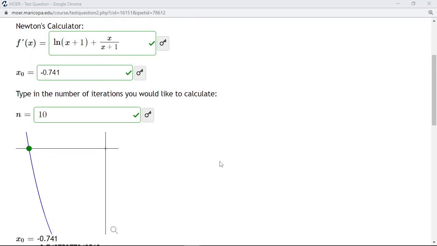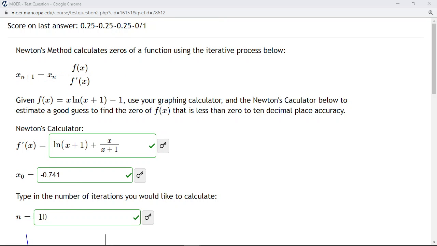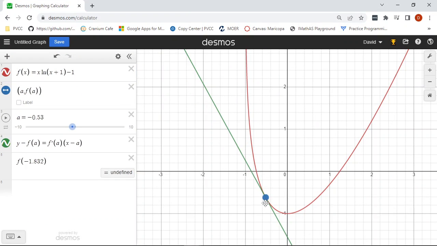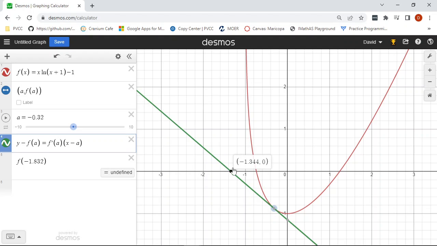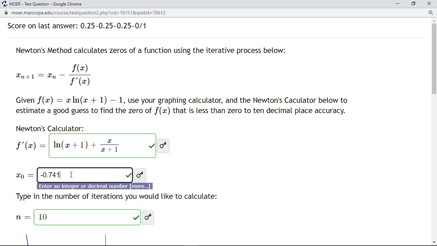So I encourage you, play around with the guesses, see how far away you can get. But just keep in mind, if you get an error, it's because you shot to a value after negative 1. I'll do that demonstration for you. So this x value is negative 0.32. Okay, so if I do negative 0.32